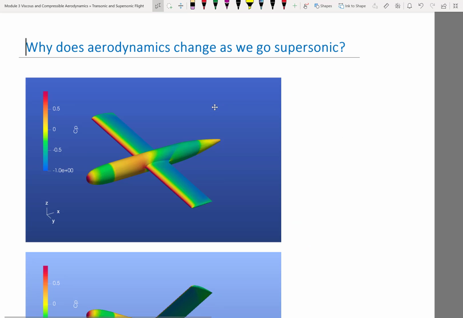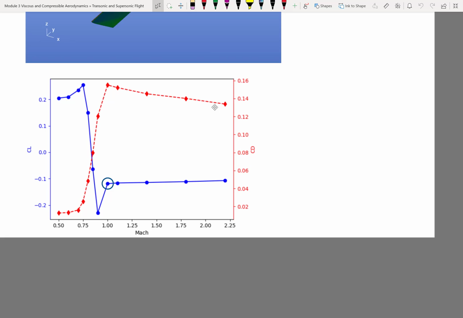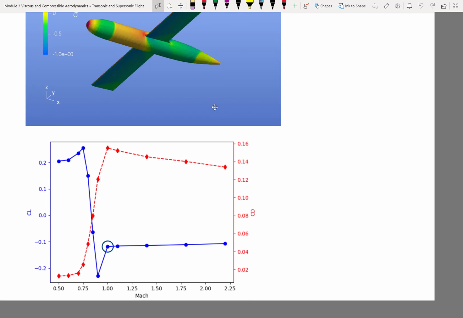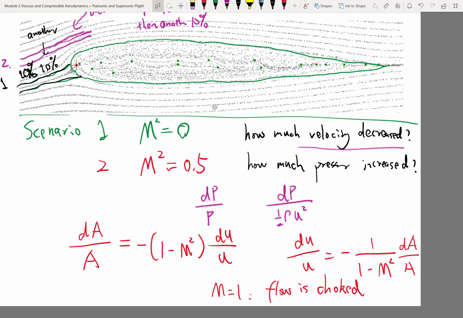And actually, if you look at this stupendous rise in the drag coefficient, it actually starts to drop as the Mach number exceeds 1. So as the Mach number exceeds 1, at least you don't have the flow separation drag, because remember,